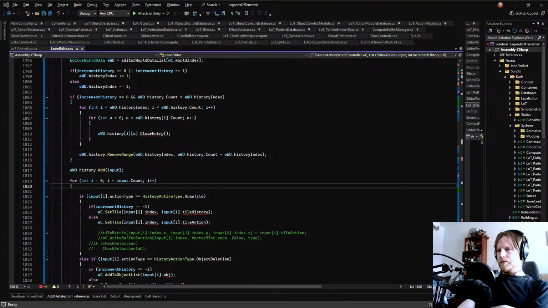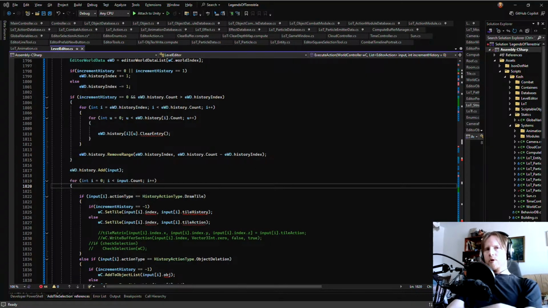I think this solution is better. But it does mean that we need to make them. And the question is, how should it work?